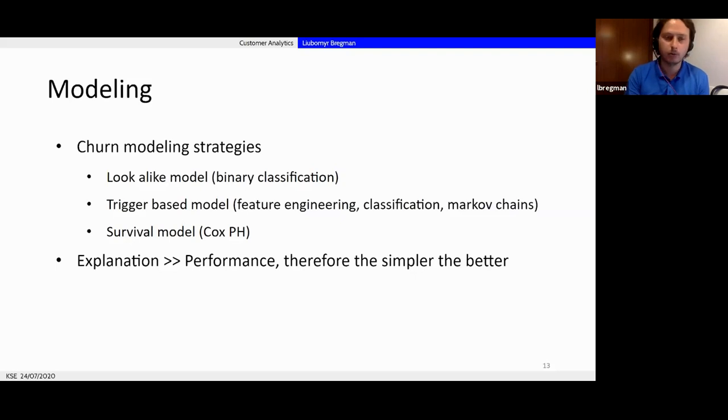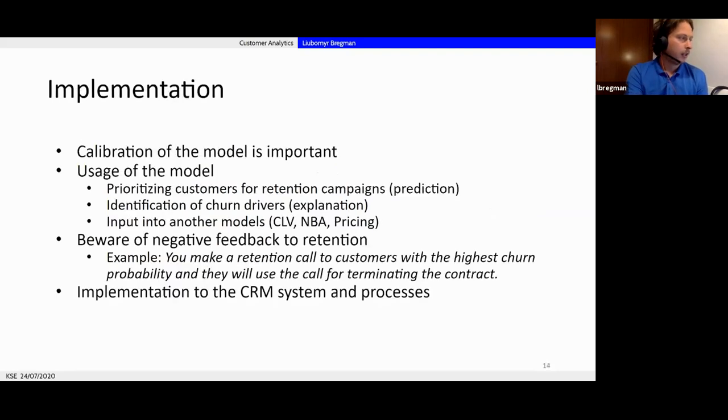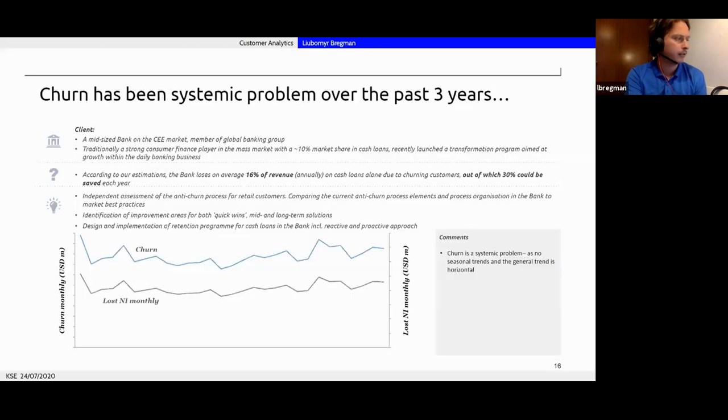And now we will go to the, I will skip the implementation part, but I will just give you an example of how churn analytics can be helpful for a real business.